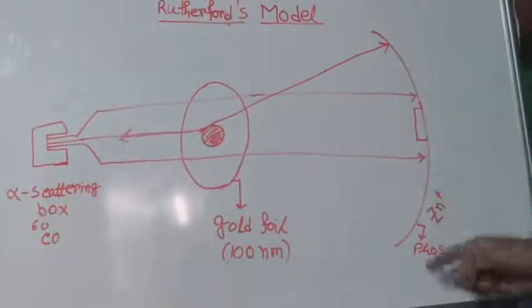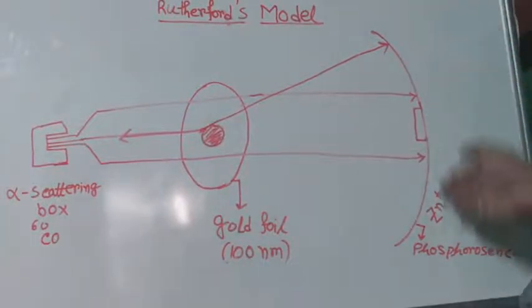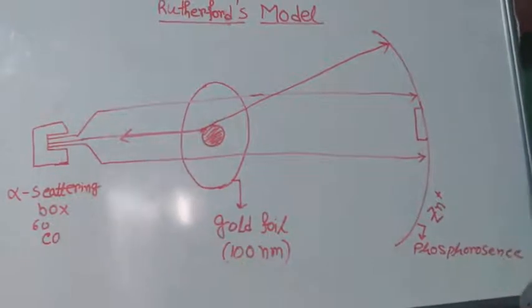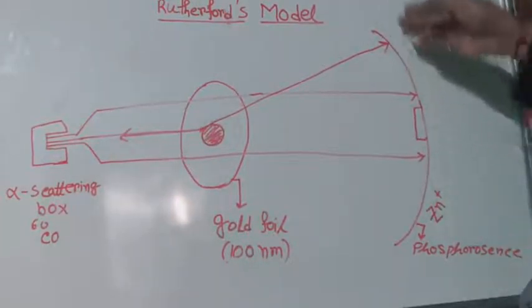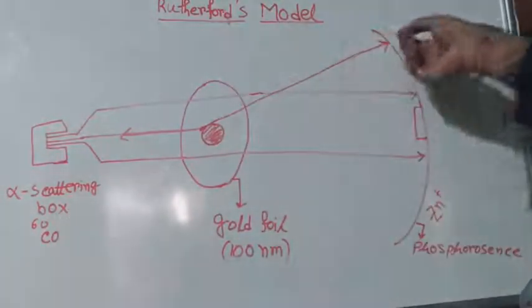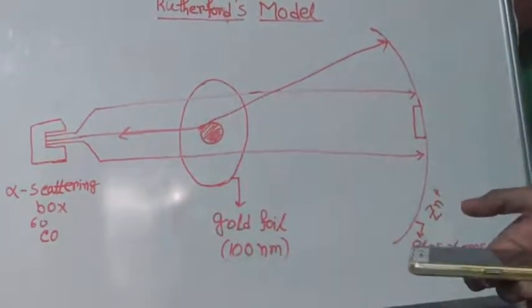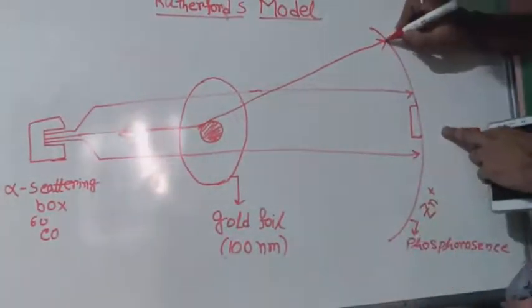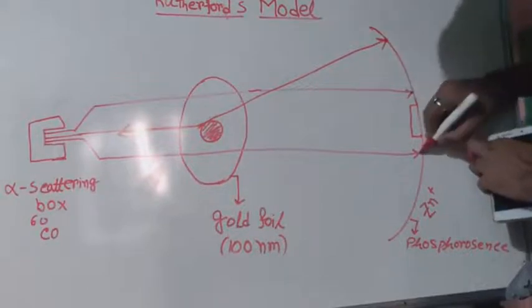And this is a membrane. It is a phosphorescent, or fluorescent, screen, and this screen is used for this experiment. What is the main basic property of this screen? If an alpha particle bombards it, then a pointing dot is made. If an alpha particle hits this point, then a scattering light can be observed at this point.